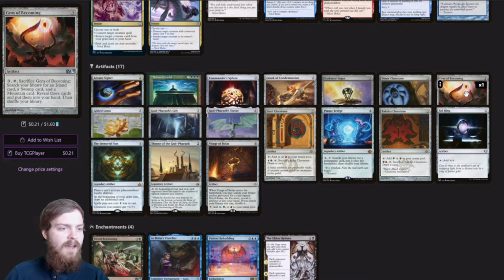Gem of Becoming. We can sacrifice it. We get an island, a swamp, and a mountain. We reveal those, put them in our hand. So basically just a way for us to guarantee land drops. Not the best in terms of ramp, but we want to stay on theme with our Nicol Bolas travel, so